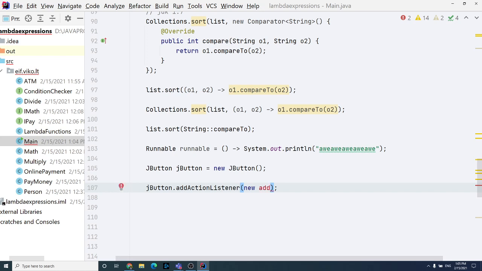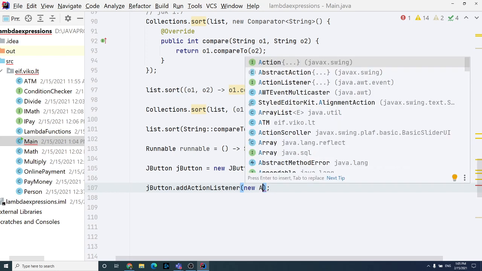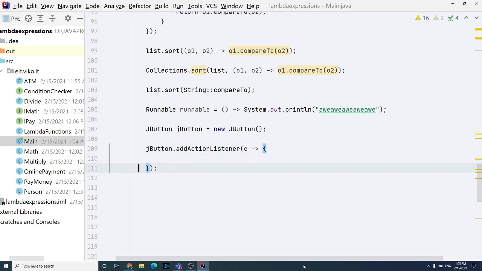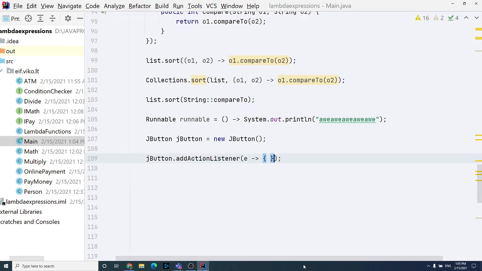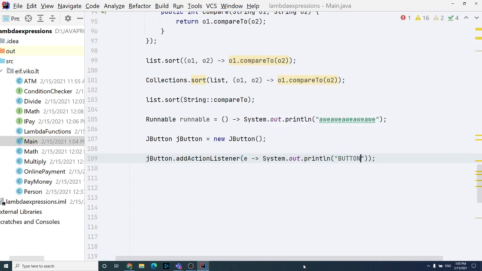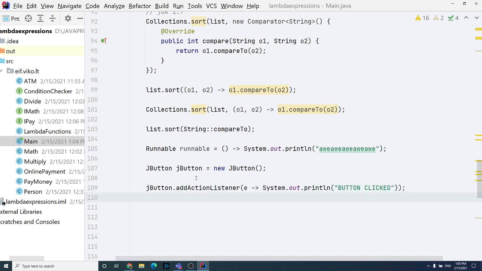Add new action listener. Yeah, and that action listener has only a single abstract method. Instead of this, they suggest replacing it with a Lambda expression and using a single-line button click functionality. Button clicked. Basically, if you need to create a UI, you're calling a single line instead of 5 or 6 lines using